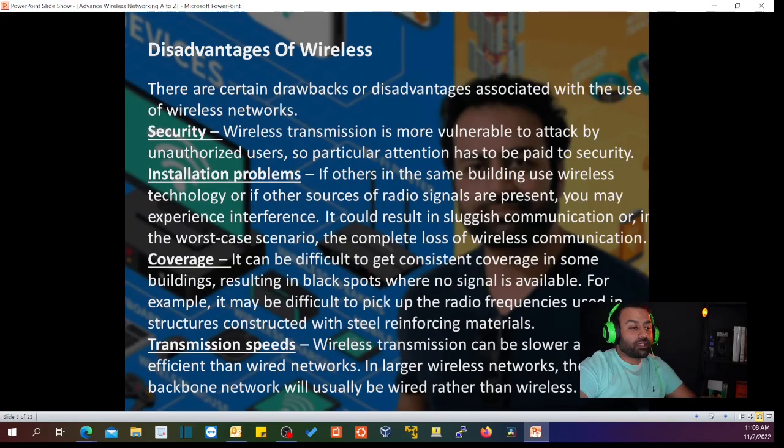And transmission speed. Wireless transmission can be slower and less efficient than a wired network. That really makes sense. Guys, I always suggest wired as a network engineer. So as a network engineer, my suggestion is always to use wired instead of wireless. I'm using wired in here. I have a wire in here, connected to my laptop, but I'm using wired instead of wireless because it's very reliable, stable, and you can have the genuine internet. Because with wireless, as I mentioned, there is interference, and we will go into more detail about conflict and so on in later lectures. But it really makes sense. Transmission speed is also another thing.